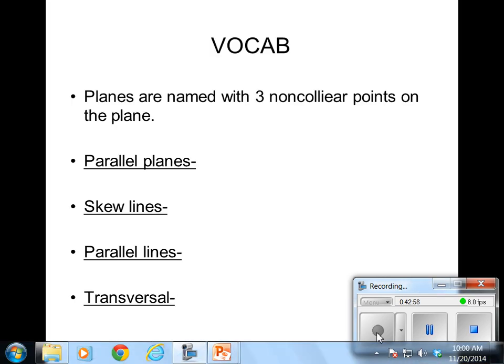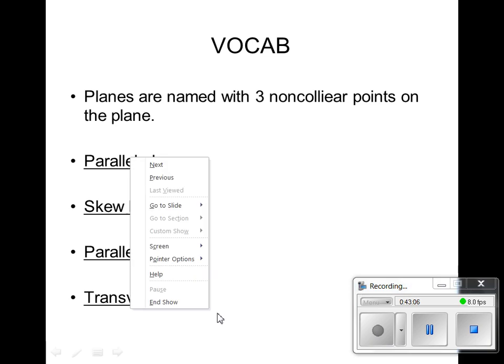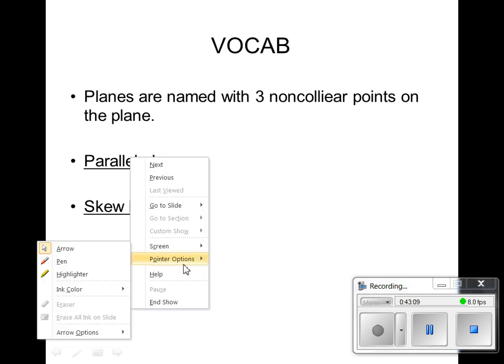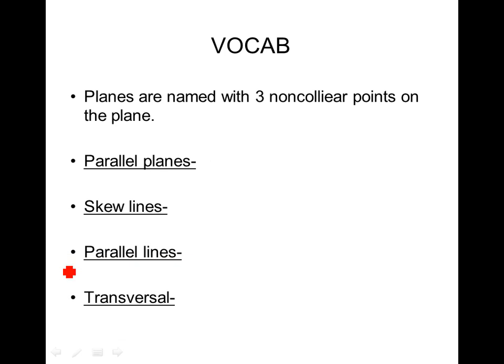Planes are named with three non-collinear points on that plane. What's non-collinear mean again? They're not on the same line. Earlier this year, when we were naming a plane, remember a plane might look something like that? They gave you some cursive letter in one of the corners and you named it plane P or plane F